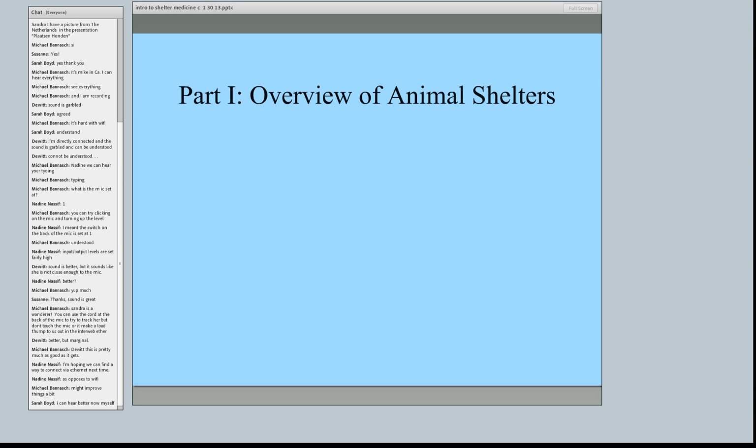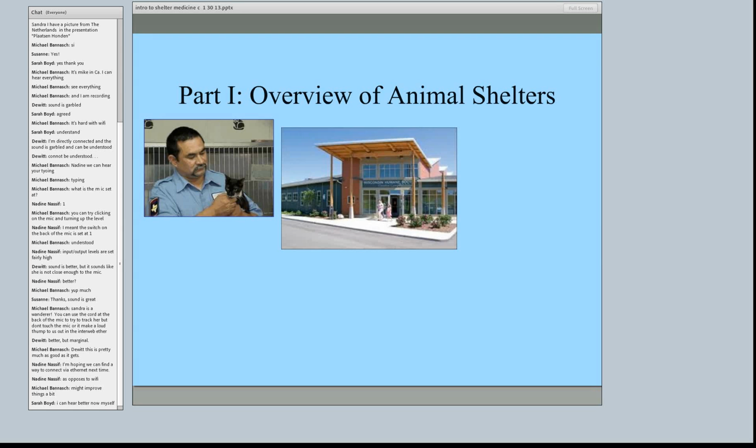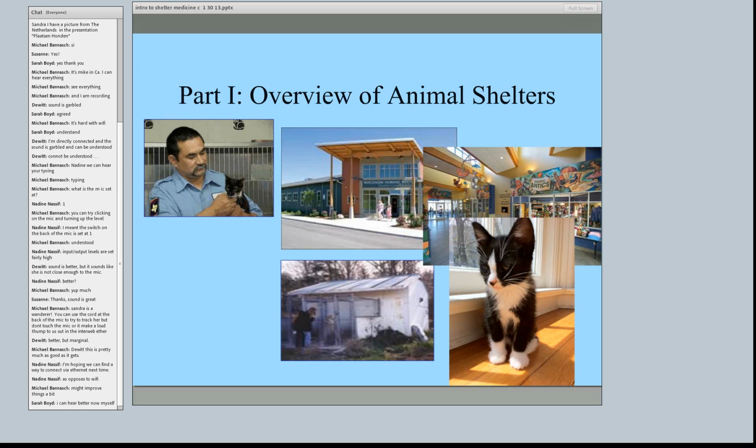It's really a beautiful building and very environmentally friendly. Here's kind of the other side of the coin, which is not so giant and fancy, right? A much more low-resourced organization. Here's one of my foster kittens, just to be kind of representing that when we talk about shelter medicine and